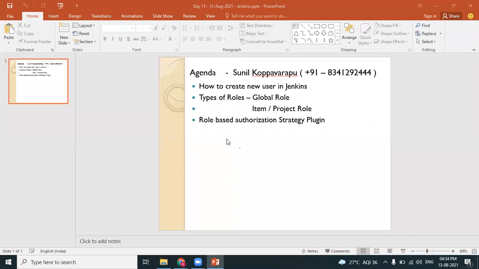We learn how to create a new user. Why should we create a new user in Jenkins? There are two types of roles, global roles and item roles. We'll discuss the roles, and then we'll also discuss the Role-based Authorization Strategy plugin and the purpose of that particular plugin. This is a plan for our today's session.